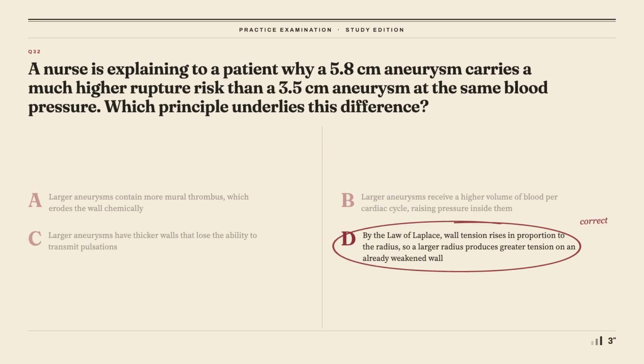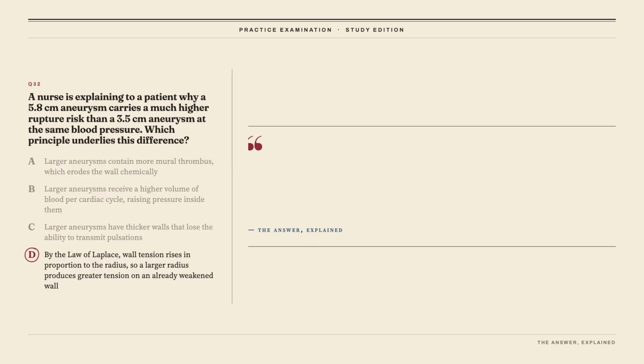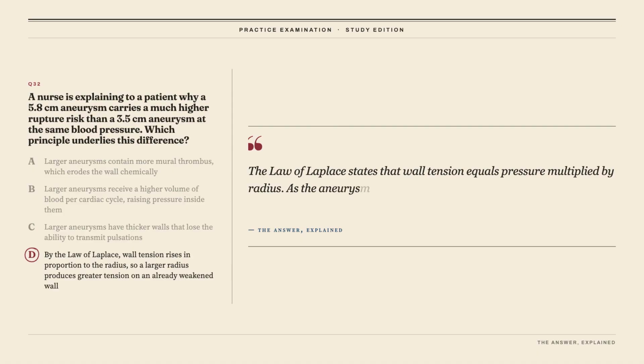The correct answer is D. By the law of Laplace, wall tension rises in proportion to the radius, so a larger radius produces greater tension on an already weakened wall. D is correct because the law of Laplace states that wall tension equals pressure multiplied by radius. As the aneurysm widens, tension climbs even if blood pressure is unchanged, and the higher tension drives further dilation in a self-reinforcing cycle. This is precisely why larger aneurysms expand faster and rupture more often, and why 5.5 cm is